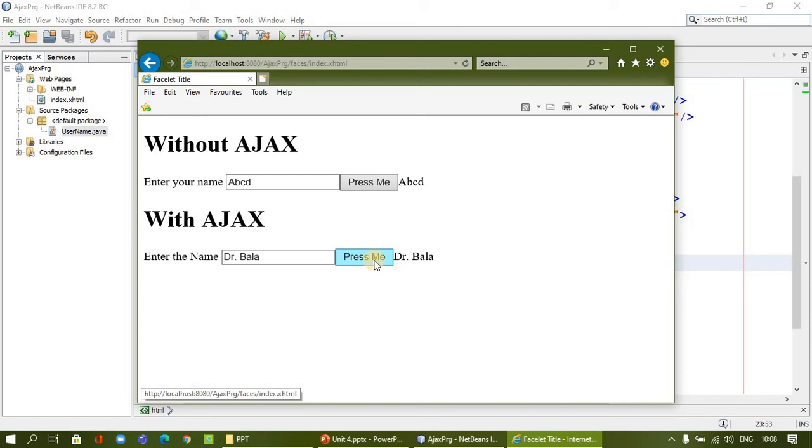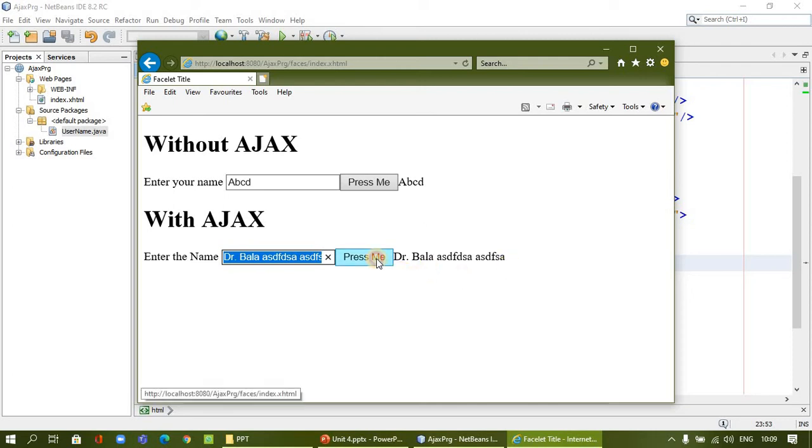You can see without refreshing the page, the value is coming. You will not feel that the page is refreshed. I will add the value. Immediately it is showing. So Ajax works behind our application, and without refreshing the page, a part of the application can be modified. That's the functionality of Ajax.